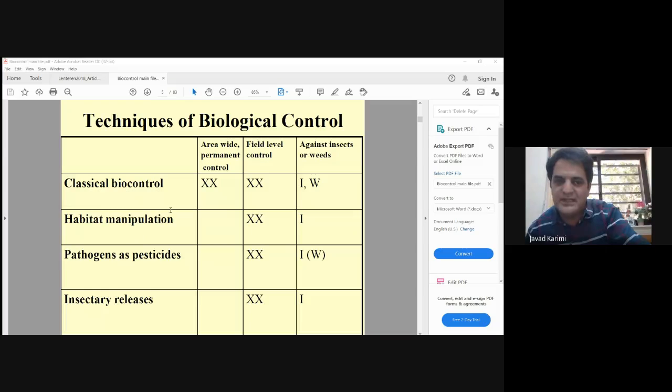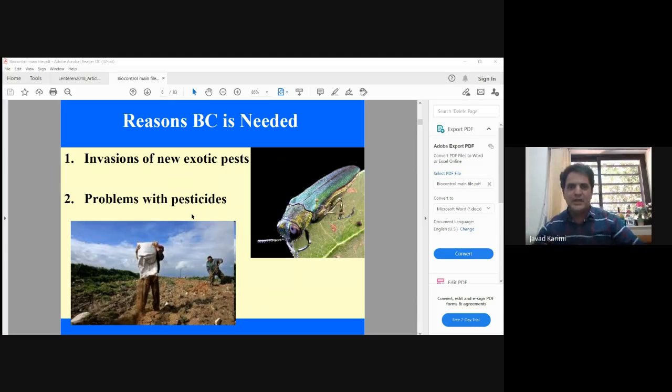So this is the strategy for biological control that we can apply in the pest control management program. What reason? I said about the invasion of new exotic pests. In recent years, we have a lot of challenge about this. You know that in recent years, we have a new pest about